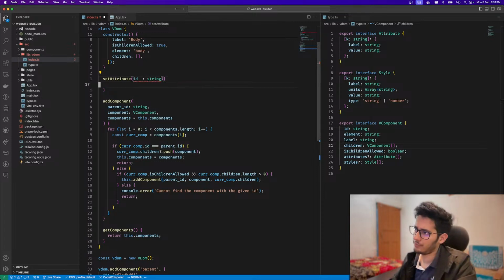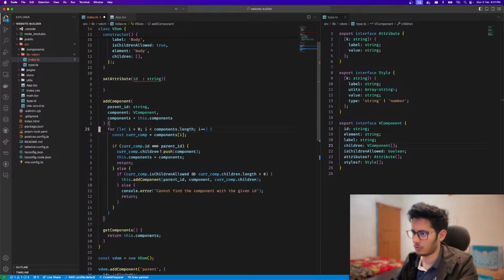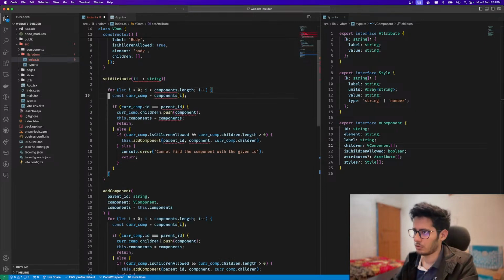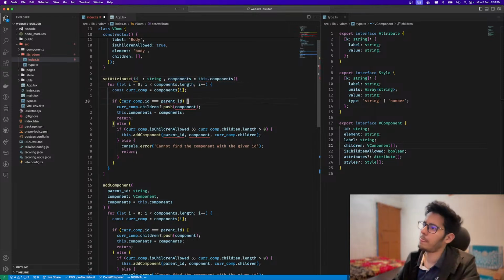Id is in string. Pretty simple. I think it's going to be mostly the same code, right? This is the same exact thing which is going to happen. So yeah, I can say components is equal to this dot components by default, and then instead of this